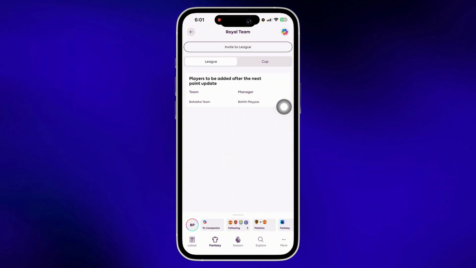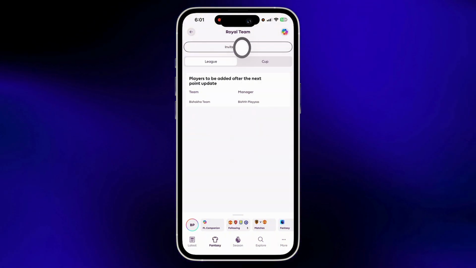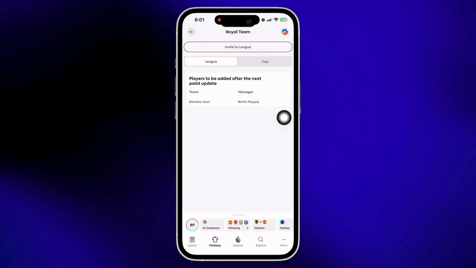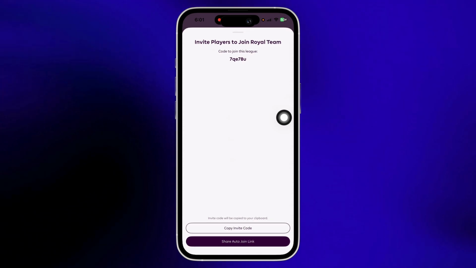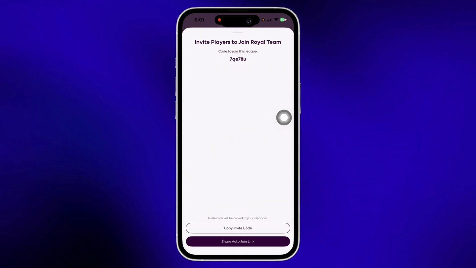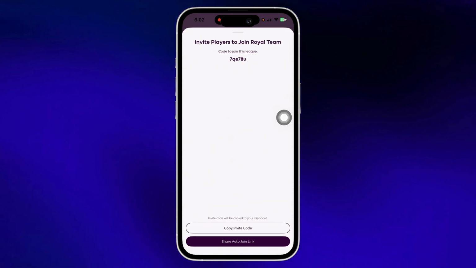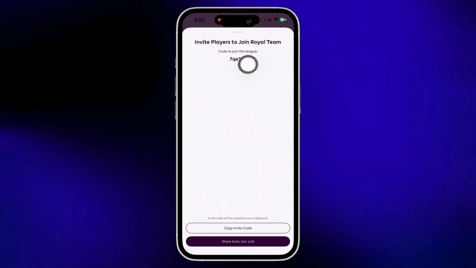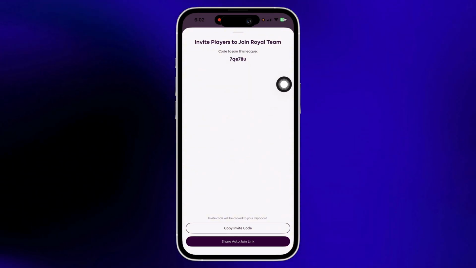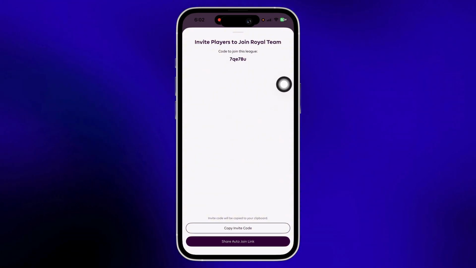Once you have opened your league, tap on the invite to league option on top of your screen and you will see various options to share your invite link to other players. You can simply copy this particular code and send it to your friends or other people in order to join